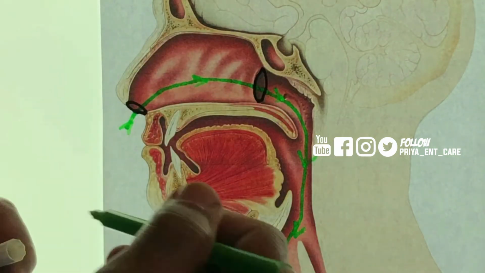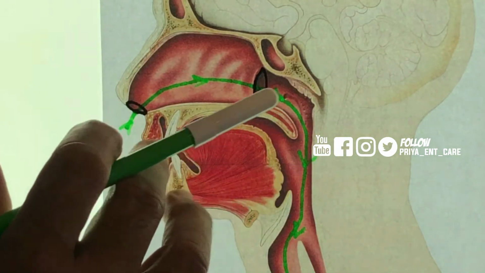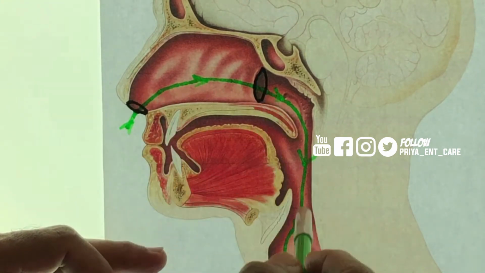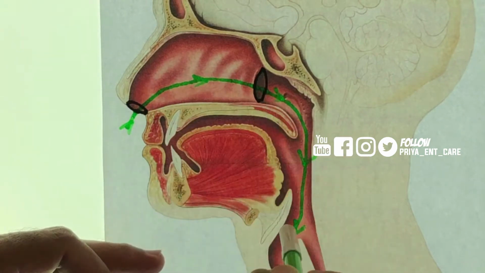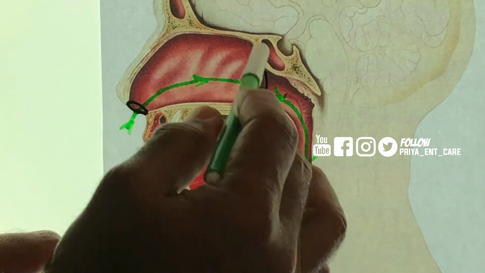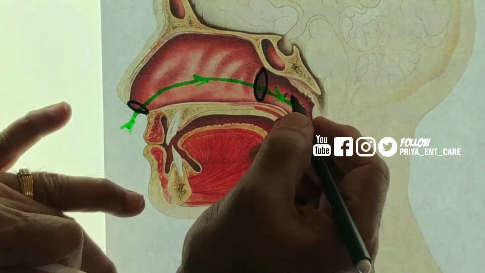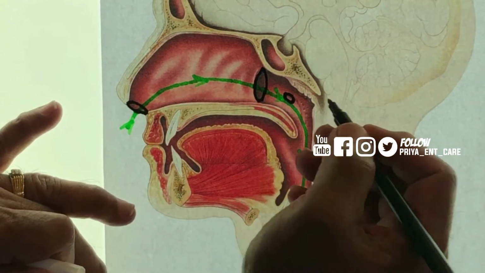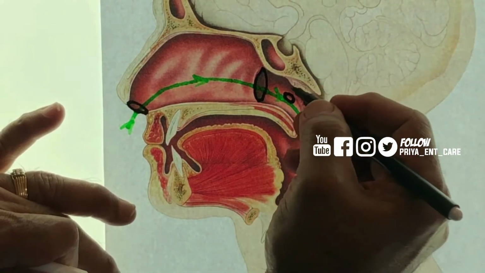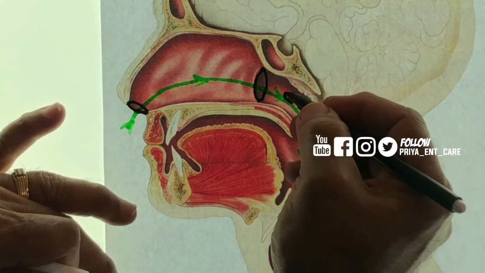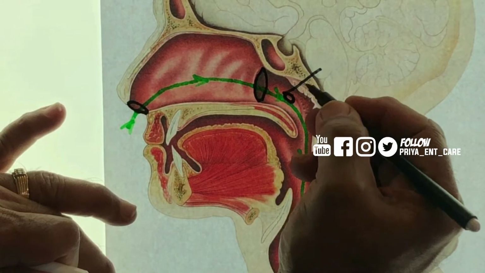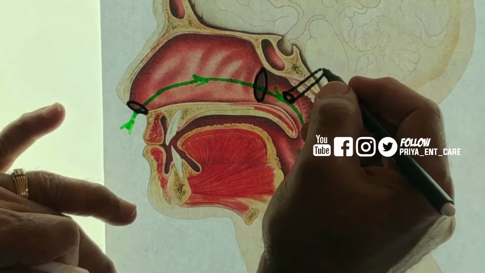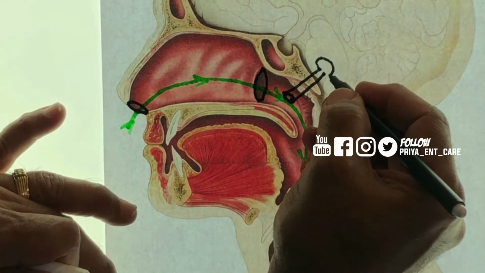In a normal child, there will not be any obstruction to the flow of air, either during inspiration or during expiration. What you see here is the opening of the eustachian tube, that is in the nasopharynx. The eustachian tube connects the nasopharynx to the middle ear. It's a short tube traveling through the skull, and it opens into the middle ear.